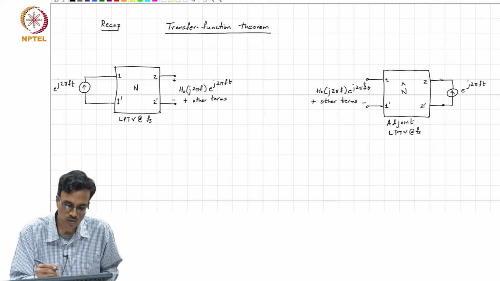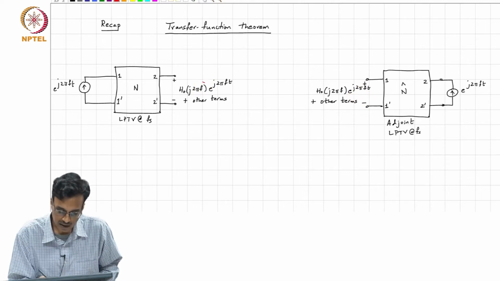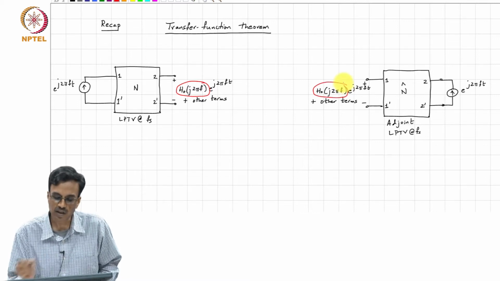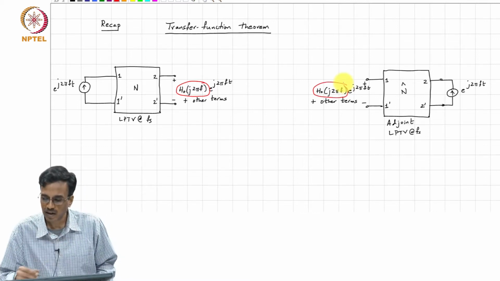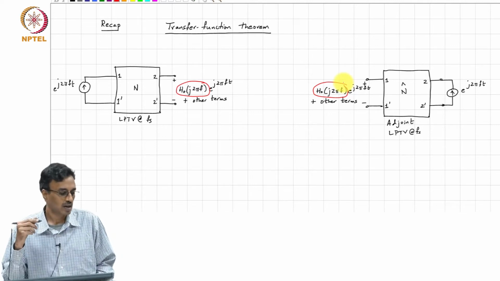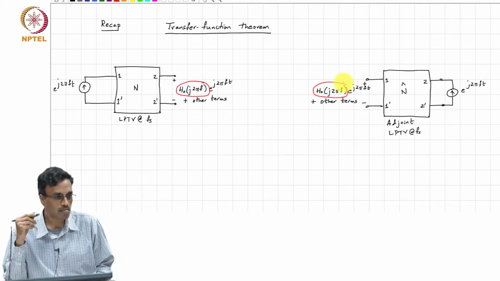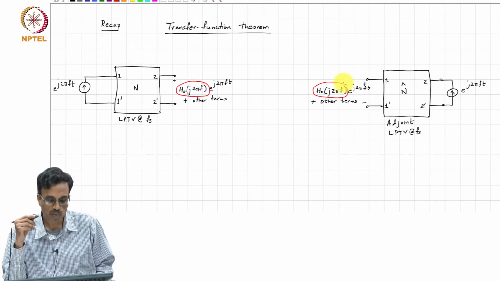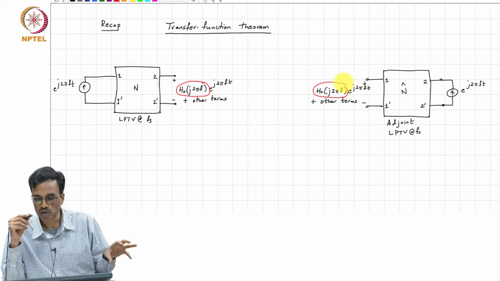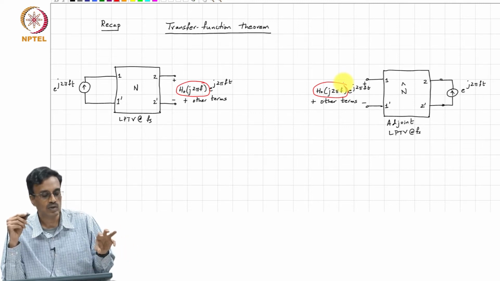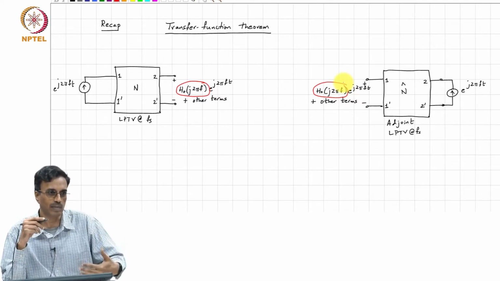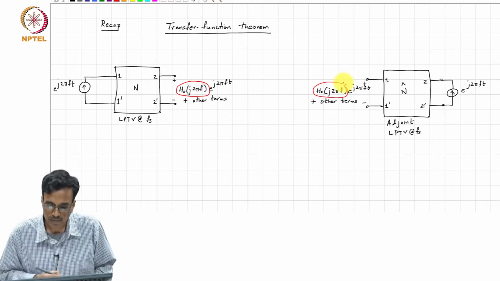The key point is to observe that these two transfer functions are the same, and there are well known rules for how one can obtain N hat from N, and we saw how we do that. If you have an element in N, what you need to do is find an element whose MNA stamp is the transpose of that element, and once you know that, it is just a matter of element to element replacement in the network. Now,